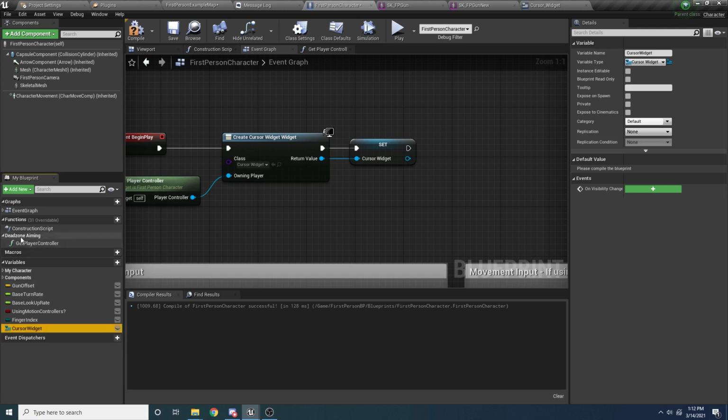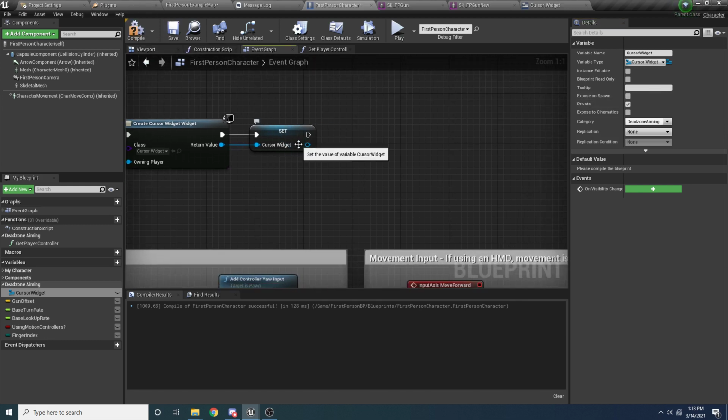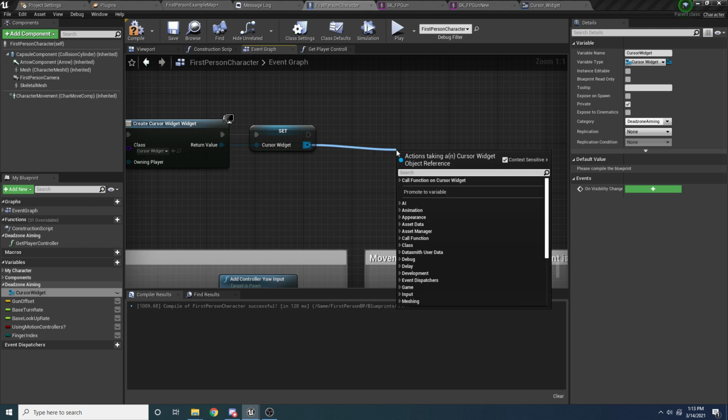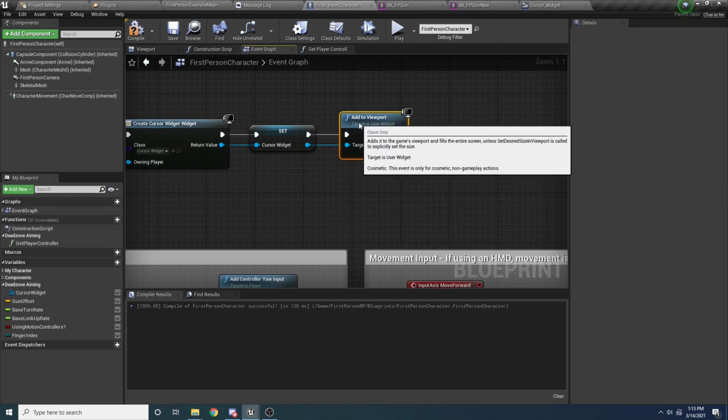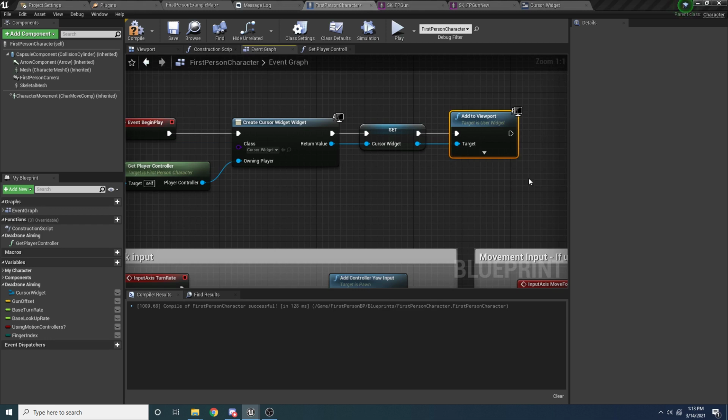And then just like we did for this function, let's add this to a category called Deadzone aiming. So we'll call like category Deadzone aiming. And then also we will make this private so that it cannot be accessed from outside of this blueprint. And then finally, we want to add it to the viewport. So we'll drag off of this and say add to viewport. And there we go. So now if we run this, we should be able to see that cursor on the